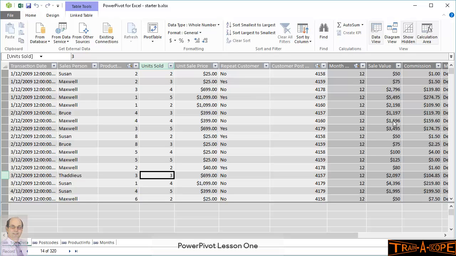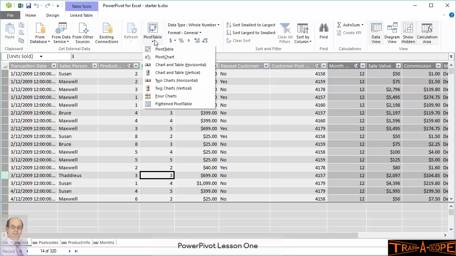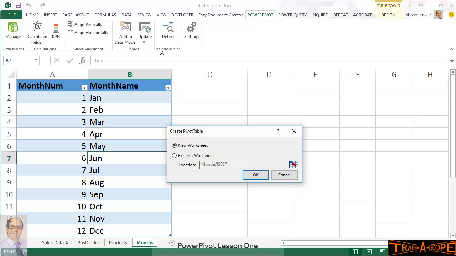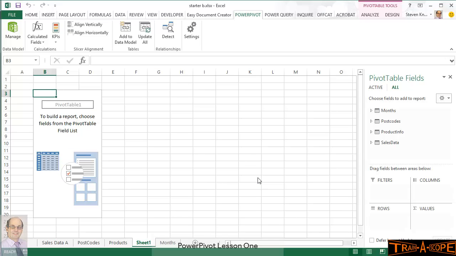Welcome back. Now we're going to create a pivot table. So up on the ribbon we have our pivot table tool. Let's just have a little bit of a look at what we've got here. There is a range of dashboard type reports that we can generate with pivot tables and charts and so on. I'm just going to start with a basic good old-fashioned pivot table,